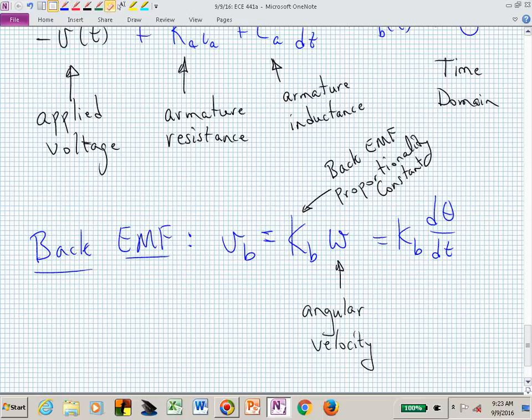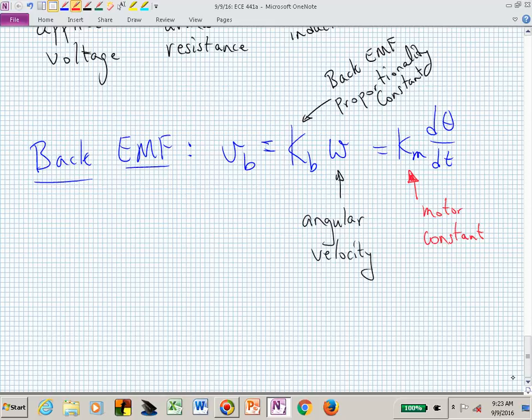Let me go ahead and make one connection with this, and that is that you might see two different constants floating around, K sub B and K sub M. Those are actually equivalent as shown in the textbook, and so if you see this, you could just refer to that as the motor constant, meaning the faster the shaft spins, the proportionality constant, K sub M, will then influence